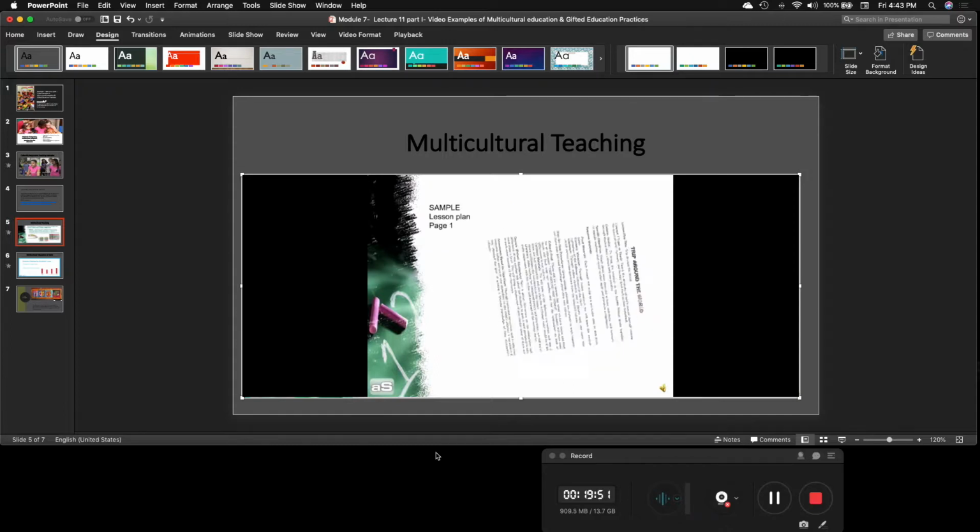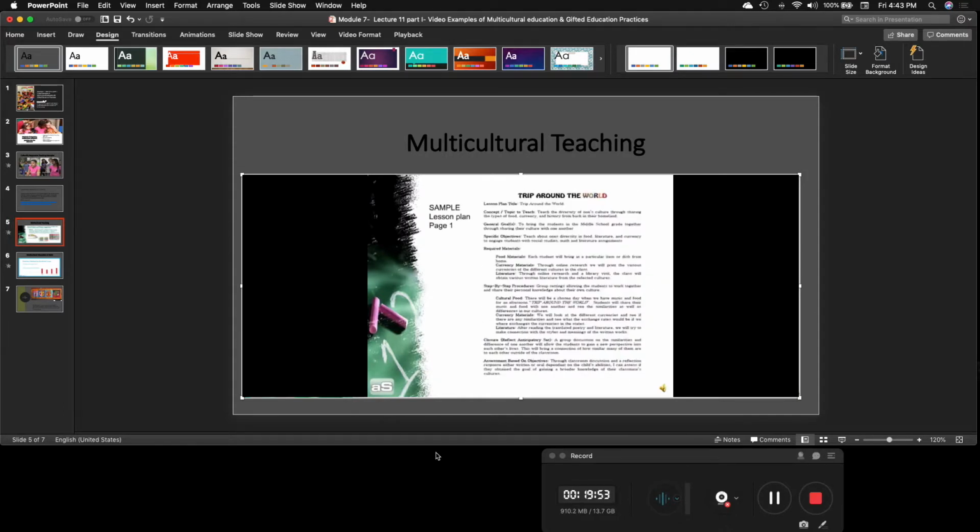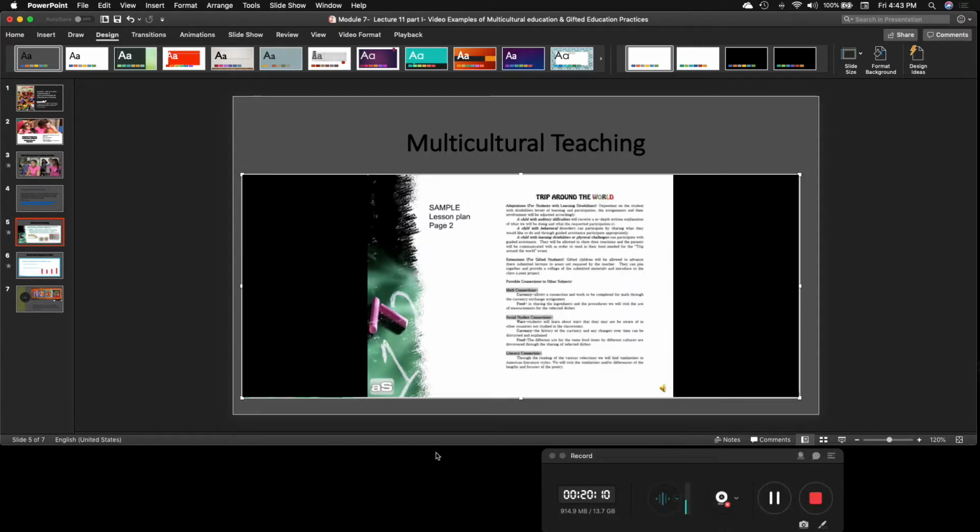As a group. The sample lesson plan, first page I have here, is Trip Around the World. Lesson plan title, I have the concept, topic to teach, general goals, specific objectives, the required materials, step-by-step procedures, closure, assessment, and then we have the second page, which completes the lesson plan with adaptations for students